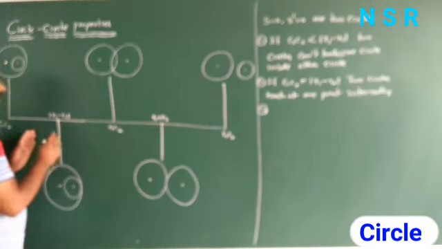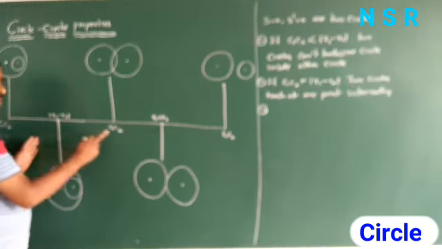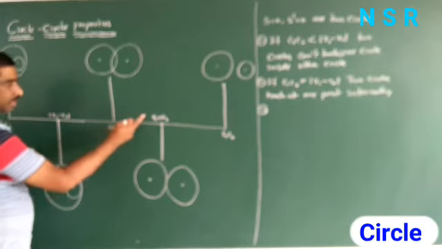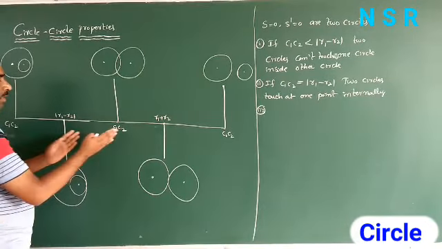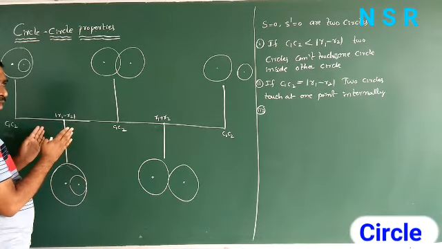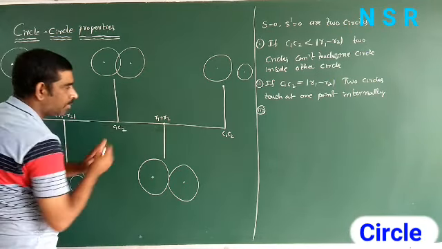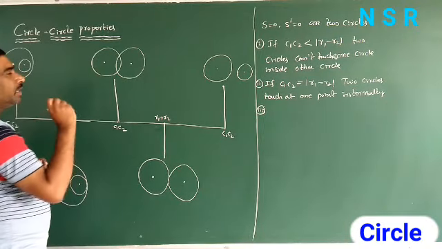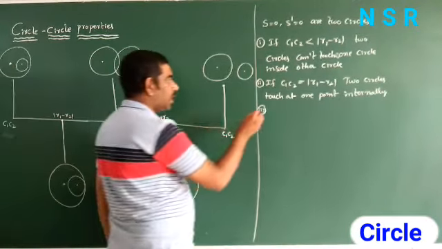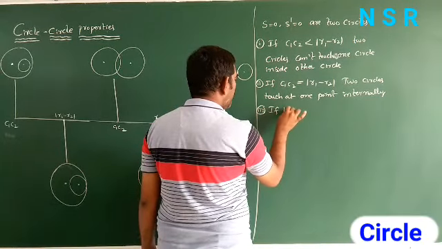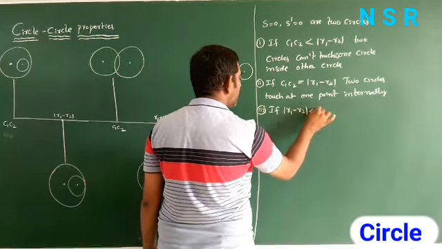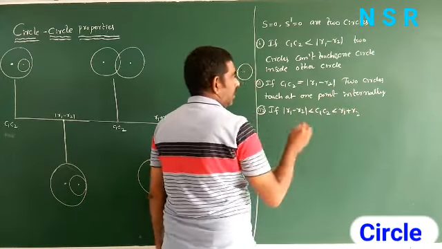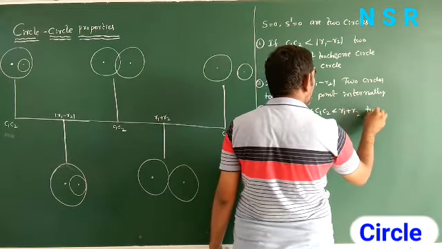If |R1 − R2| < C1C2 < R1 + R2, the C1C2 value is between |R1 − R2| and R1 + R2. At that time, two circles intersect at two different points. So the third condition is, if |R1 − R2| is less than C1C2 and C1C2 is less than R1 + R2, then two circles